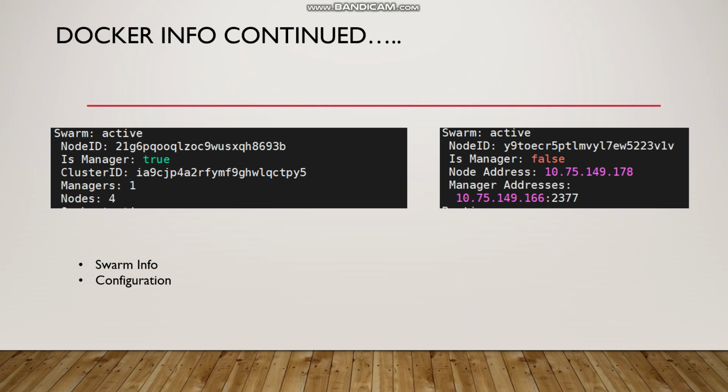Moving ahead, the same command gives you some more info, in this case since our Docker environment is being used as a swarm. What is a Docker swarm? Docker swarm is basically a master-slave kind of architecture where multiple machines are involved within Docker, and the master machine deploys the multiple containers on the slave machines. So basically it serves as a single master-slave architecture.